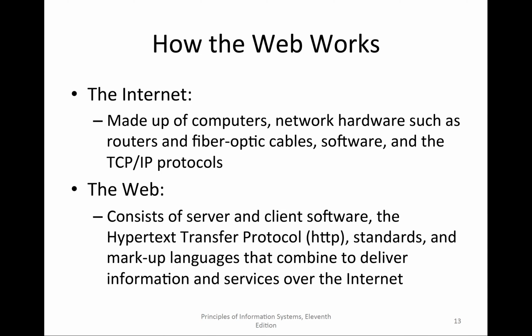How the web works? The internet is made of computers, network hardware such as routers and fiber optic cables, software, and the protocols. The web consists of server and client software and HTTP, and when you add secure socket layer, it becomes HTTPS, so it's more secure. So when you log into the commerce site of your bank,